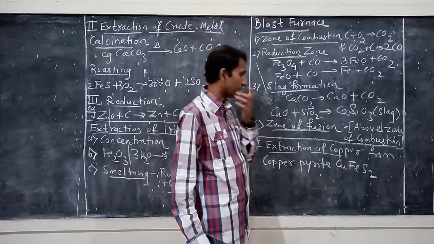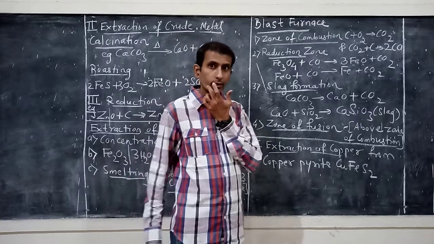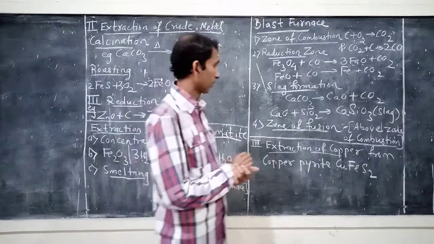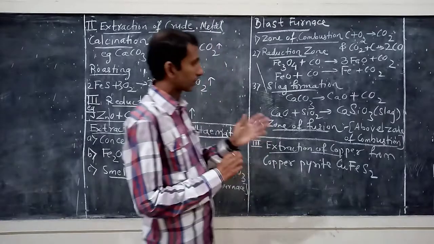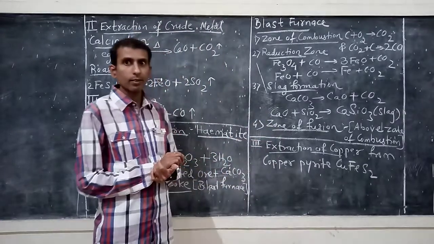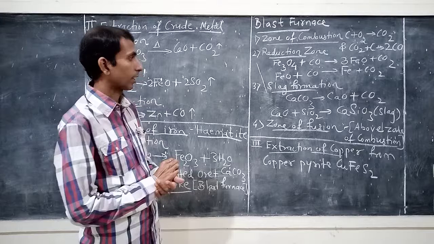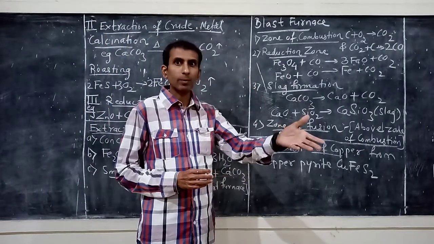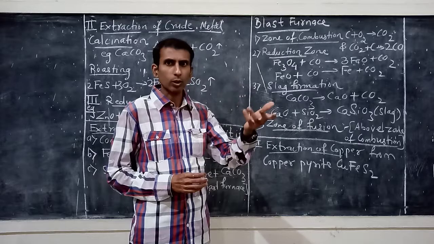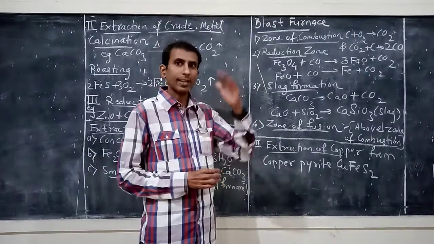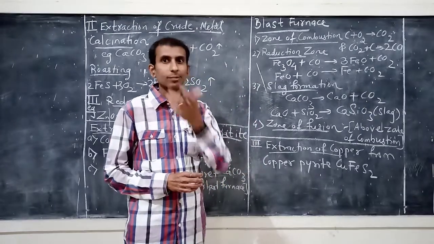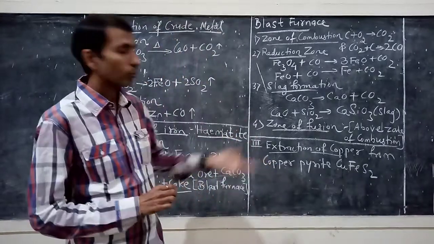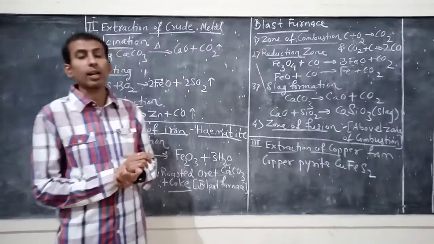In the same way we have the extraction process for copper and zinc, and lastly aluminium. So we will also understand one more metal. I'll explain one more metal in our next video, along with the extraction of that metal, copper or aluminium or zinc, whatever. Then I'll explain the last step, that is refining by various methods. So that's all for today, dear students. We'll continue in our next video with the last part of the chapter.